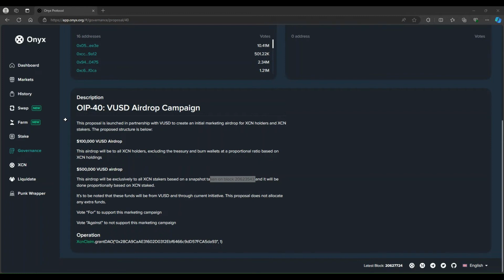Woohoo, no big deal. But hey, if you turn around and swap that back into XCN, which XCN is what? 0.0014? Is that what it is? Yeah, so essentially, if you turn around and swap it, you're going to get almost 2,500 XCN, right? But if you stake your XCN, say you still have that 1 million XCN that you're staking, right? And we're going to do a 500K drop.